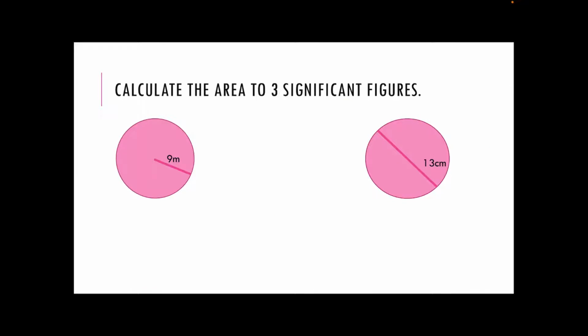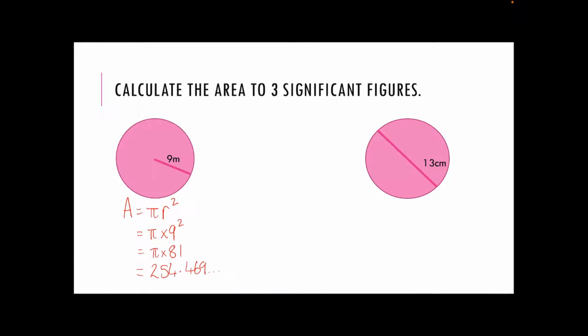Now we are going to calculate the area to 3 significant figures. So we start off the same way. Area equals pi r squared. So that's going to be pi times 9 squared. And 9 squared gives us 81. Pi times 81 gives us